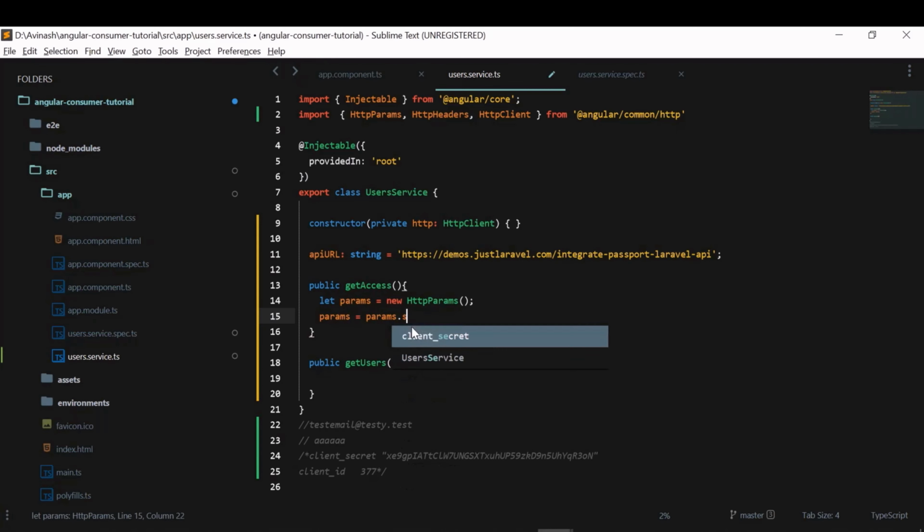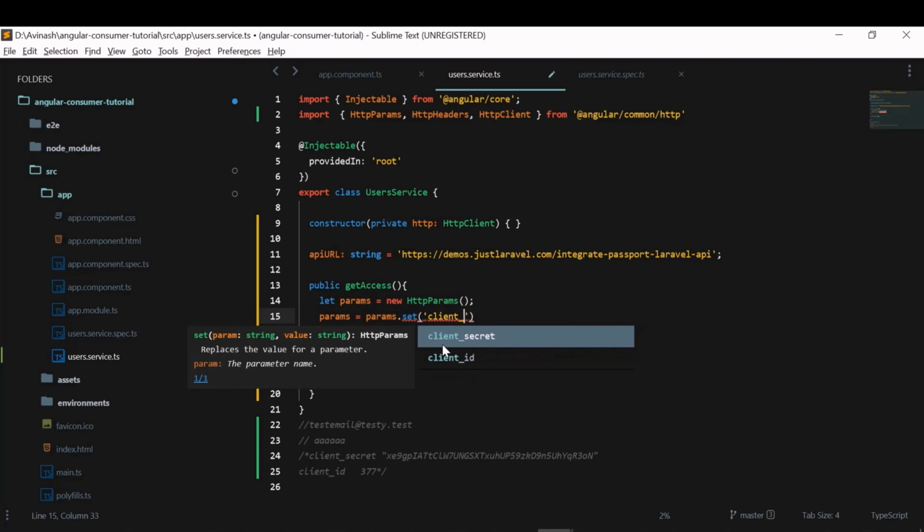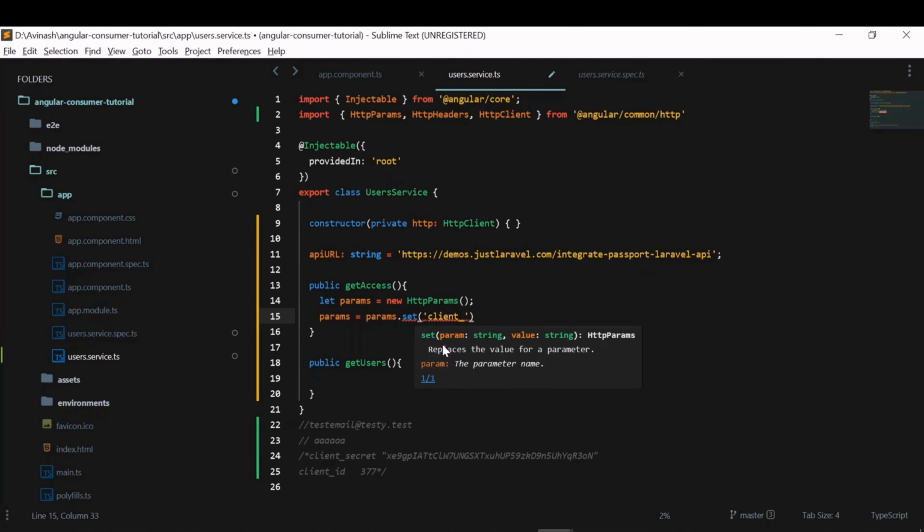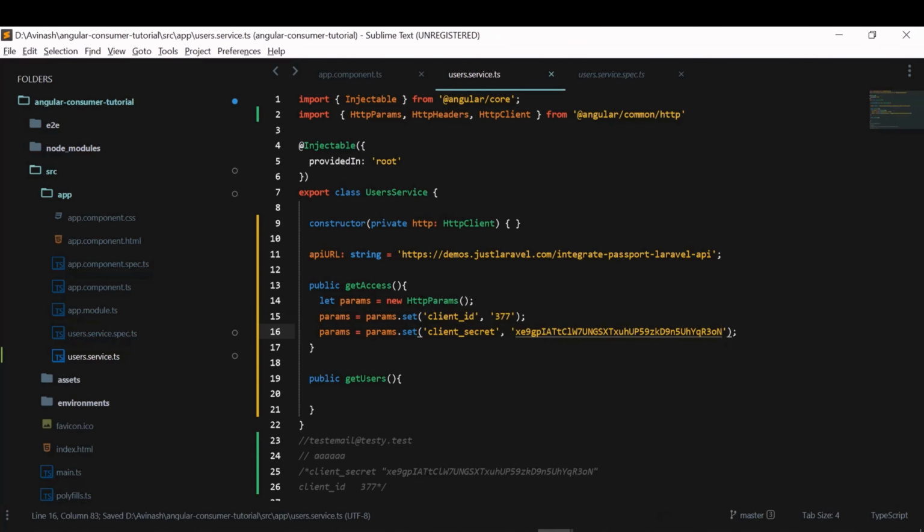params dot set. I need to set a few values. The first one is the client ID, and the client ID is this one which we just got, 377. Similarly, we pass the client secret. This is the client secret.